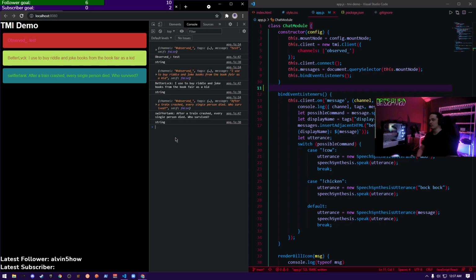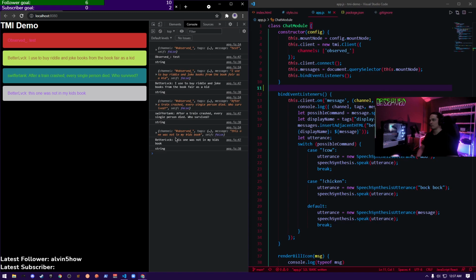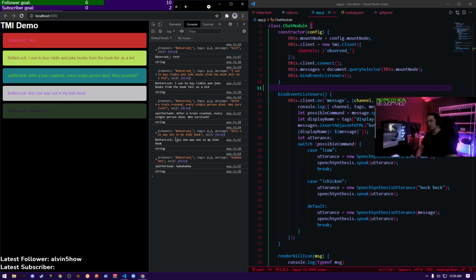After a train crashed, every single person died. Who survived? Oh my god. This one was not in my kid's book. Yeah, dude. This one's pretty morbid. Let's see. Every single person died. No one survived. Ha ha yeah.